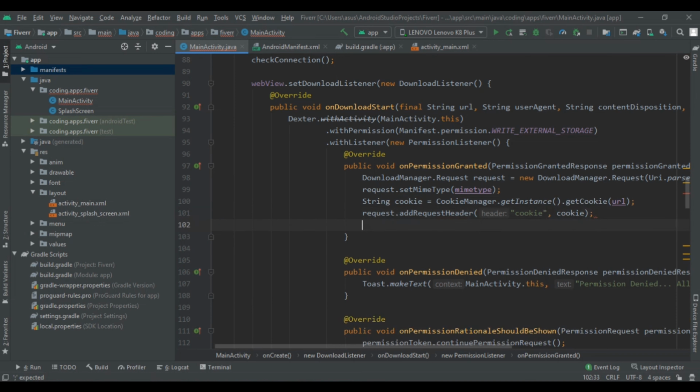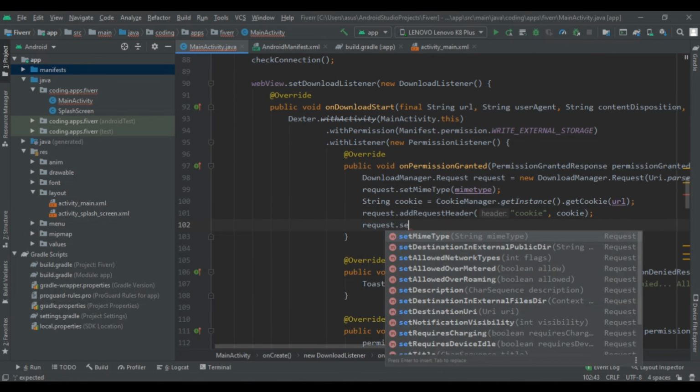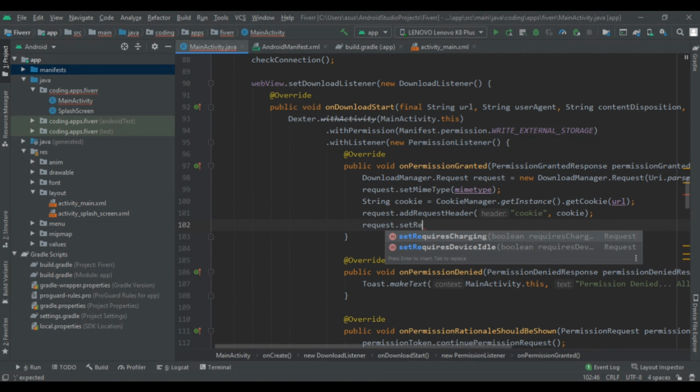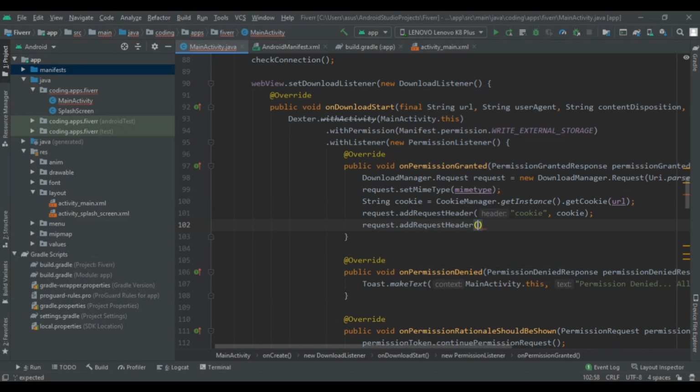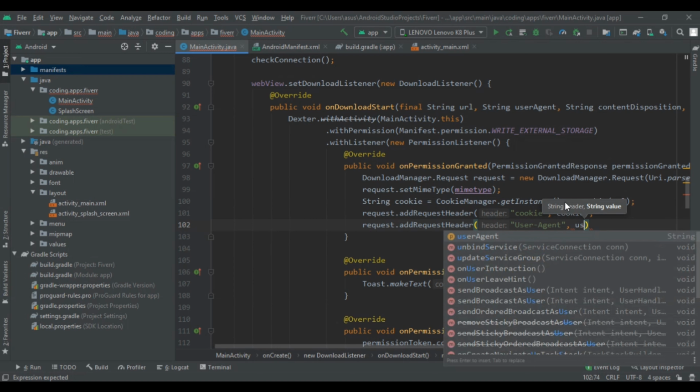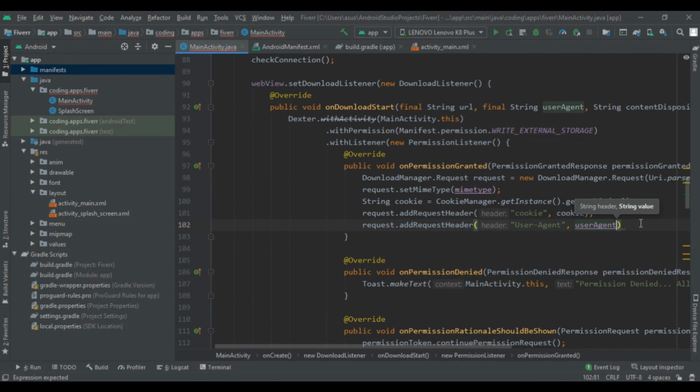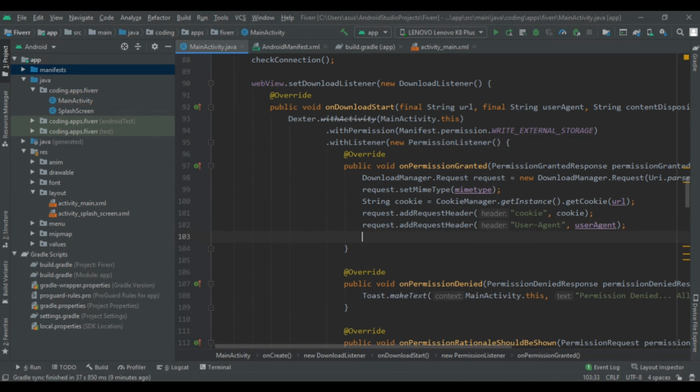Again write request dot add, sorry, set request header, and then again write our user agent. Then here we have to pass our user agent, as you see here, this string. Now it is converting all our strings into final automatically, so we don't have to worry about it.